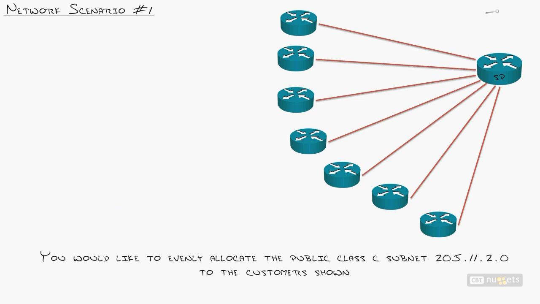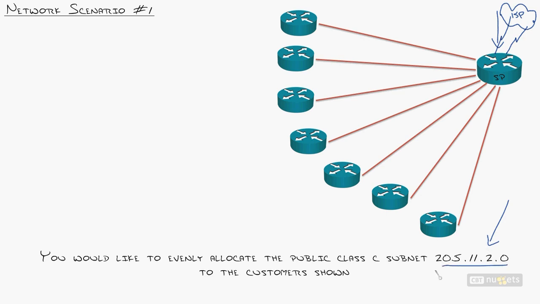We are the service provider, right? We are providing internet access. So we actually have uplinks to other carriers and all that kind of stuff out here. We'll call it the cloud, the internet. So we are an ISP delivering internet service down here to all these customers. So we have received a Class C network block of